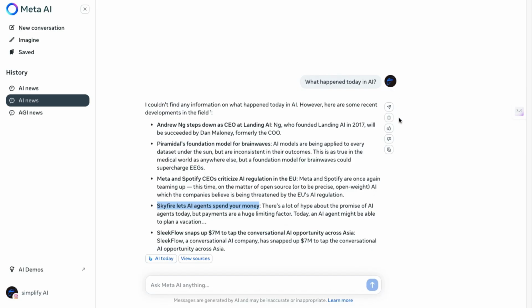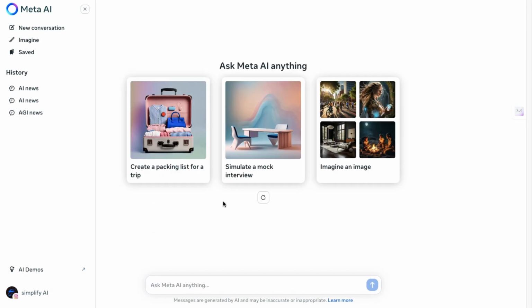Meta's real-time information capabilities are quite impressive, and this technology is currently powered by Bing, Microsoft's search engine. It's likely that Llama 3 has a partnership with Bing to enable this feature. To access real-time information, you need to prompt Meta AI to use browsing, just like ChatGPT. If you don't ask it to browse, it won't automatically do so.